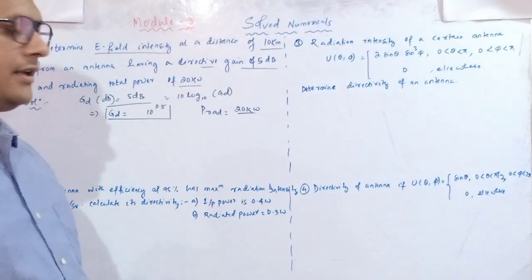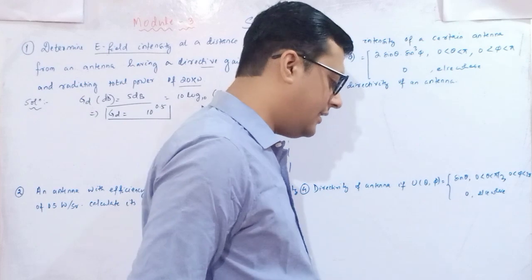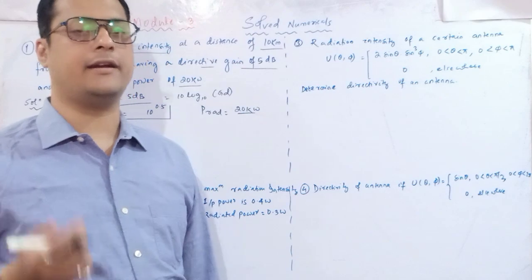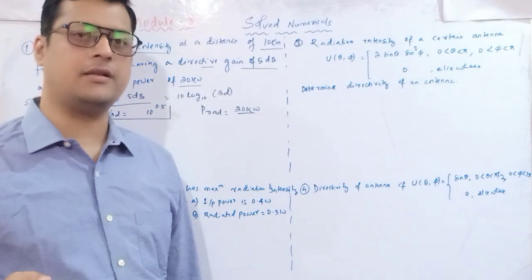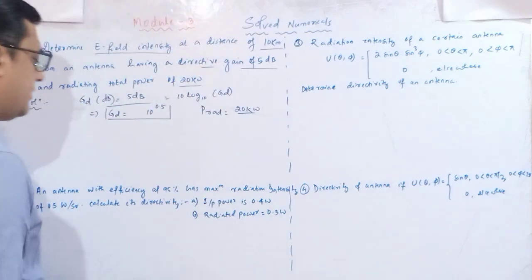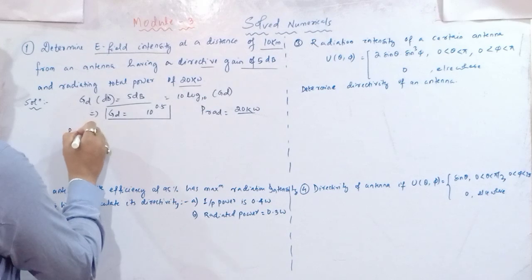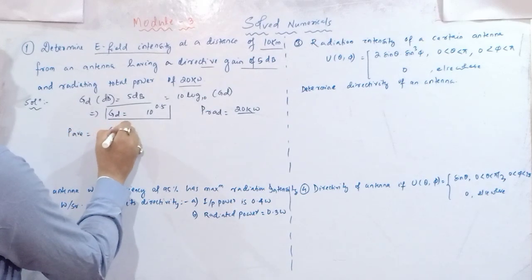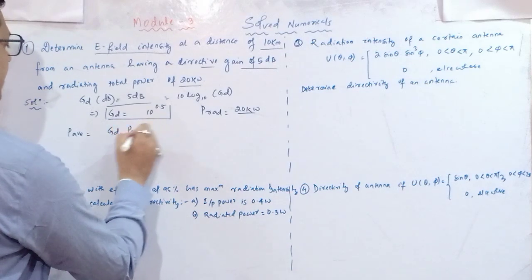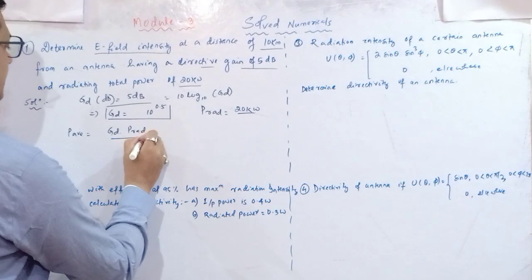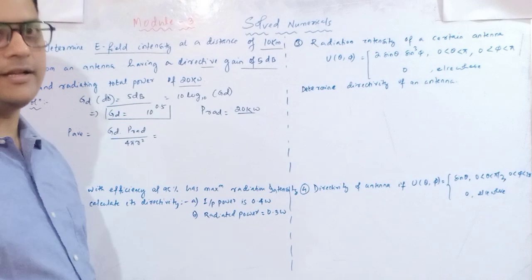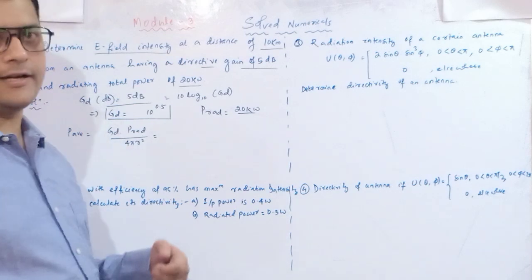So G_D and radiated power are given. Now, with G_D, radiated power and a distance also given, next you can identify the average power. Once the average power is known, you can easily find out the electric field intensity. So what is the relation with respect to average power? We have the relation: average power is equal to directive gain into P_rad divided by 4 pi r square. P_rad by 4 pi r square gives your intensity.